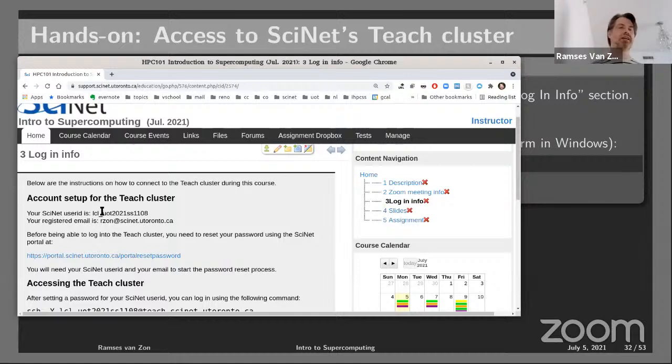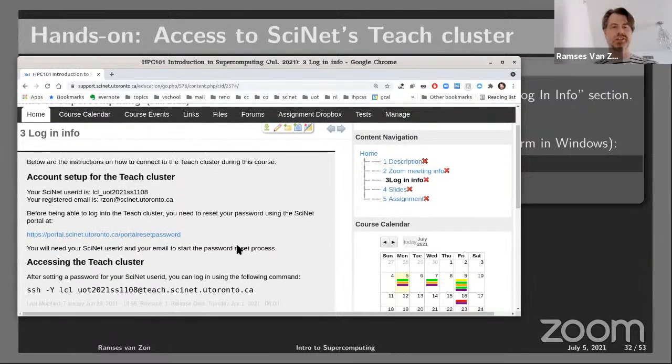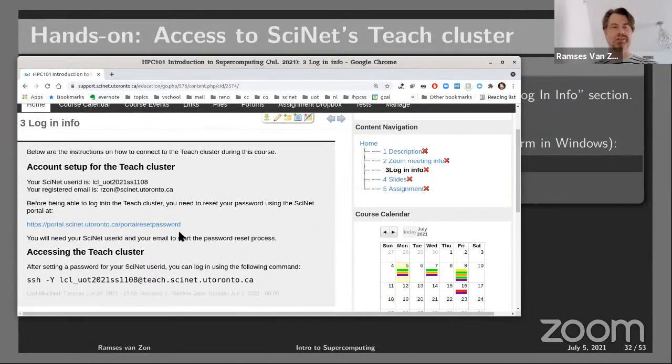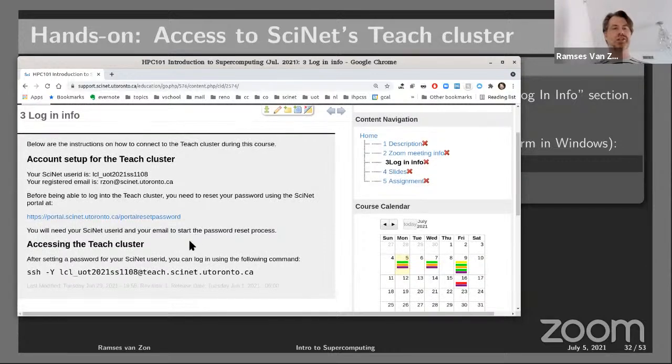Even if you already have a signed account or a Compute Canada account for these workshops, we're just using these LCL accounts to make it uniform for everybody. Also, if you do something accidentally wrong, you mess up this temporary account, but your old account is still fine. So it's beneficial. Try and get that done if you haven't yet, and then try to log into the Teach cluster.